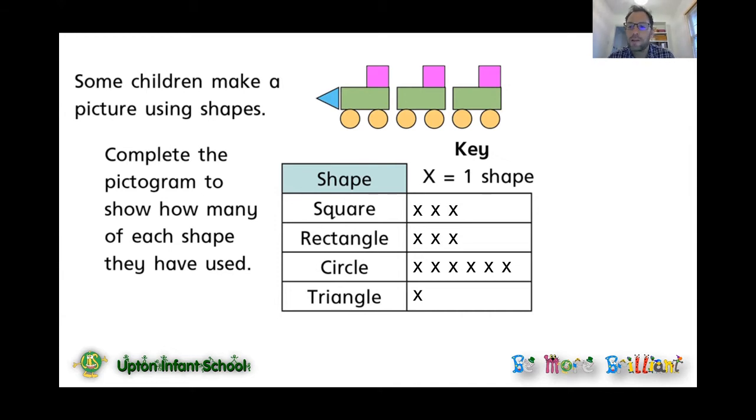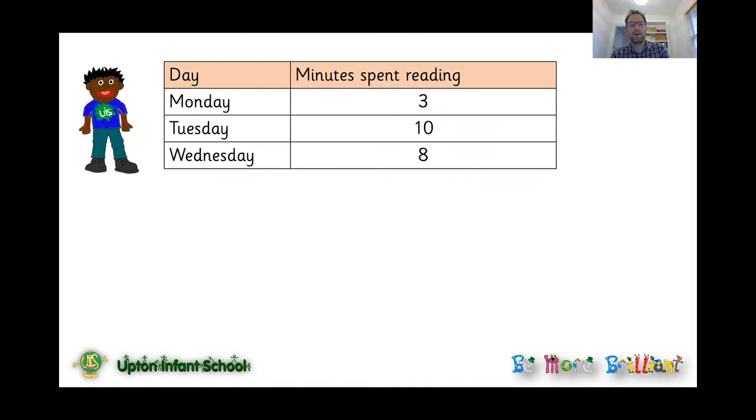Can you answer a quick question? Which shape have we used the most of there? That's right, the circle. Which shape have we used the fewest times? The triangle. Well done. Now, here's our friend Sonny again, and Sonny's at home doing lots and lots of reading,